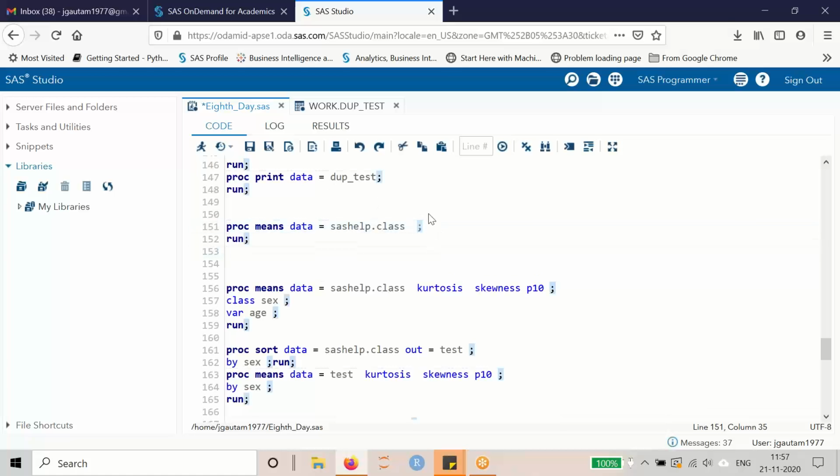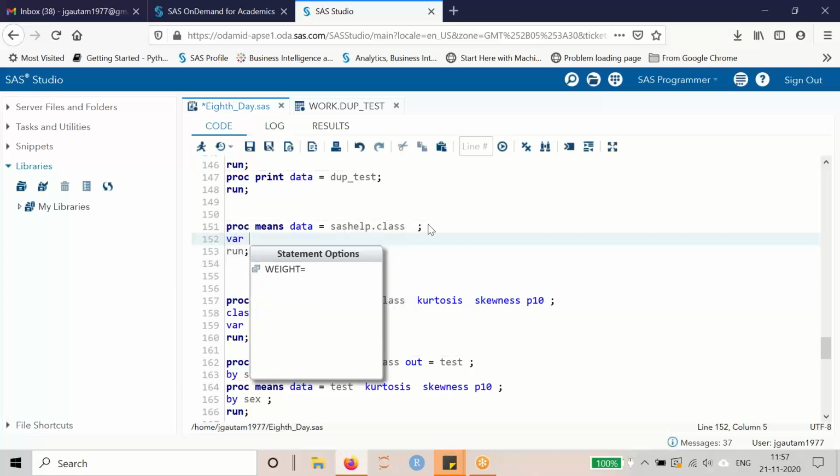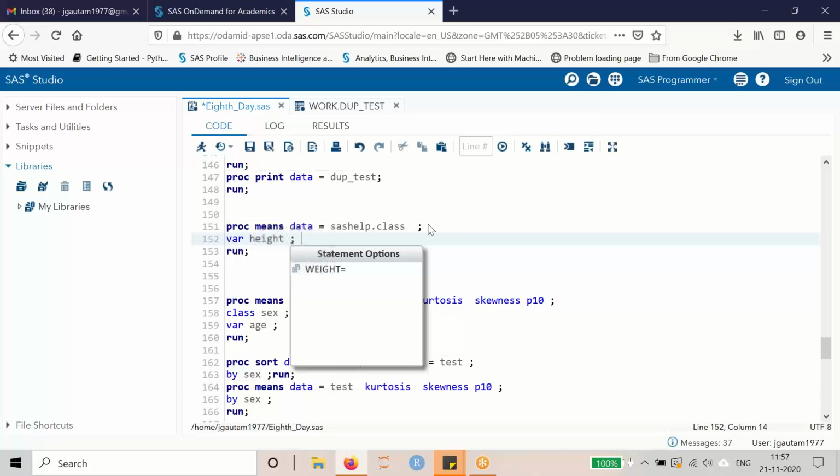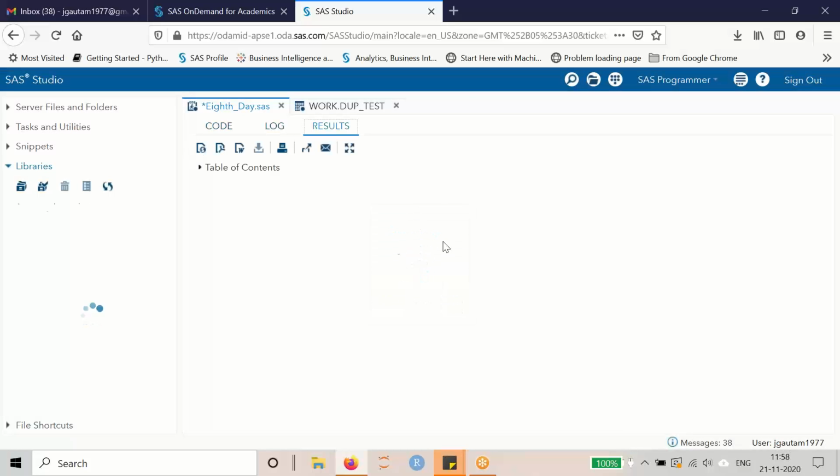If you want to control the output, अगर आपको किसी एक वेरिएबल का नाम चाहिए, सिर्फ एक वेरिएबल का स्टैटिस्टिक्स चाहिए, तो you can define them in a where statement। तो where statement लिखने से क्या होगा, आपको सिर्फ और सिर्फ उसी वेरिएबल का आउटपुट मिलेगा। तो आपका आंसर वेरिएबल क्या है, हाइट। तो हाइट का ही काउंट, मीन, स्टैंडर्ड डेविएशन, मिनिमम, मैक्सिमम आपको आउटपुट मिलेगा।